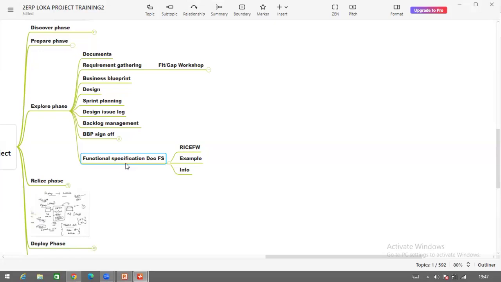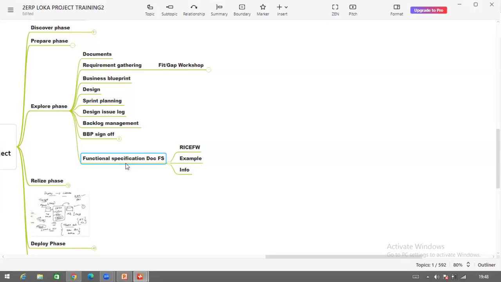Each and every field has its field name. So you need to communicate to the ABAPer in those languages. I'll explain in that session how we are going to explain the requirement to the ABAPer in that language. Okay, so these are the things that happen in the explore phase.